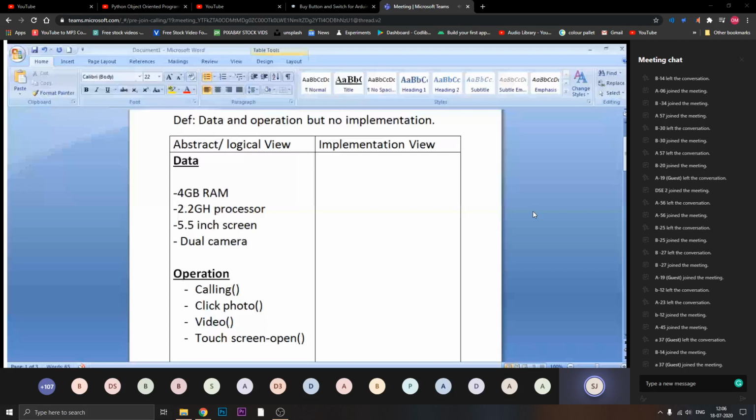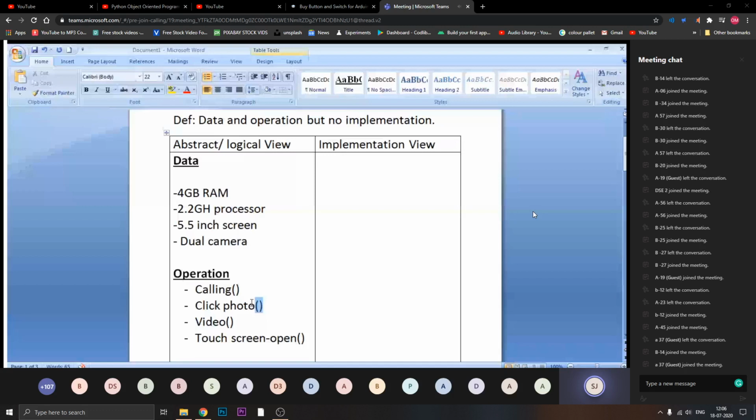Then again, the camera gives you some kind of view or features, like blur background and so on. All those features are there. You are selecting it, and at the last you are clicking the pics. So that's why all the operations whatever you are mentioning in the abstract view are represented with the function part, or it is represented with the function symbol. Okay, I hope you are getting what I'm trying to say?